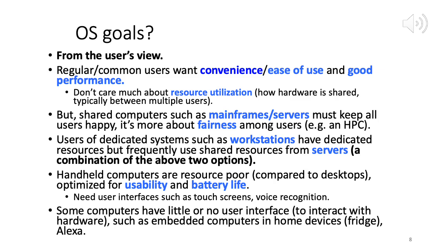Another set of users could be scientists or students like you, who are studying operating systems, doing coding, and you're doing all kinds of research and analysis and so on, right? So for that class of users, they may want something else. So in that scenario, fairness would be a lot more important.